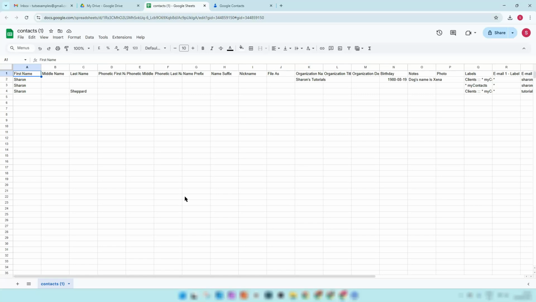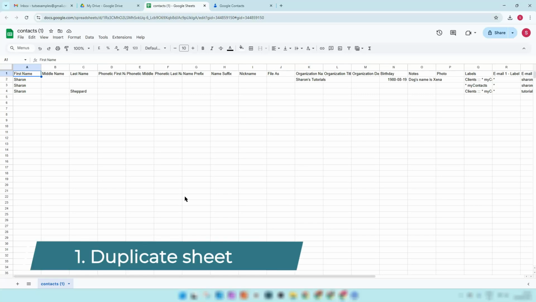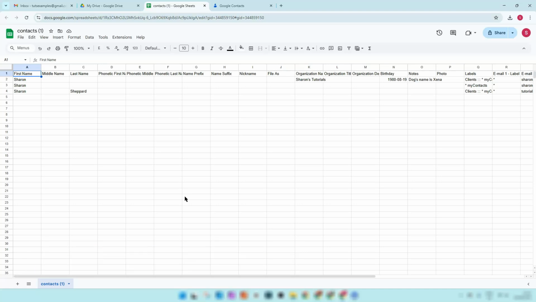Now there are two ways you can do this. The first way is simply by duplicating the sheet. So to do that, we click on this little arrow next to the sheet name in the bottom here. Click on there and go to Duplicate. This creates a brand new copy of the sheet in the same file, and it's basically a static copy of